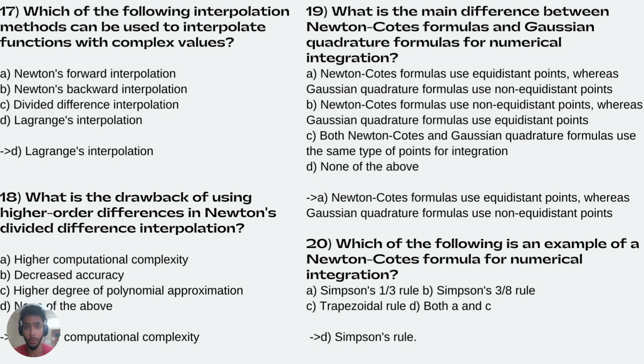What is the main difference between Newton-Cotes and Gaussian quadrature formula for numerical integration? So going through the options, A is going to be our correct answer because Newton-Cotes uses equidistant points, whereas Gaussian quadrature uses non-equidistant points. Moving on to the last question, which of the following is an example of Newton-Cotes formula for numerical integration? So here the answer is going to be D, both A and C. Simpson's three-eight rule and